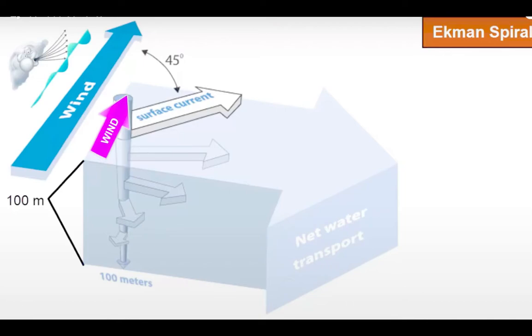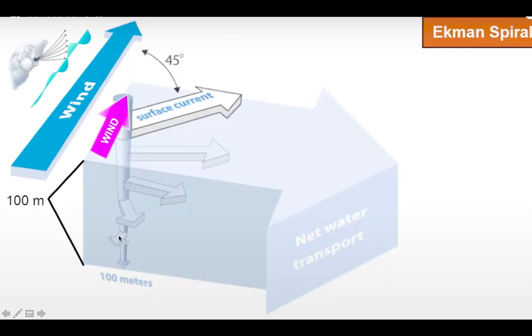Okay, Coriolis force के कारण वो कुछ angle पे move करता है, and as it moves down, the angle will further increase with respect to this wind. इसके respect में it is increasing, right? And also you can see that the magnitude is decreasing. So because of the friction on the top, we have air ocean interface, so friction is less. As we move down, due to hydrostatic equilibrium and due to hydrostatic pressure, the pressure will increase and the magnitude will decrease, so the velocity of current will decrease, and that's why the size of arrow is decreasing.